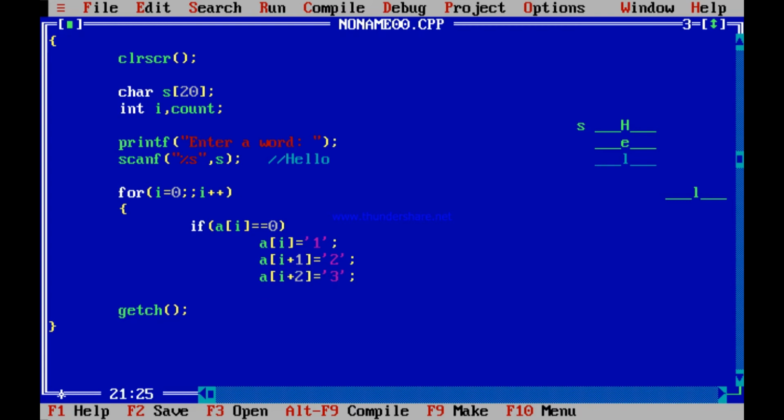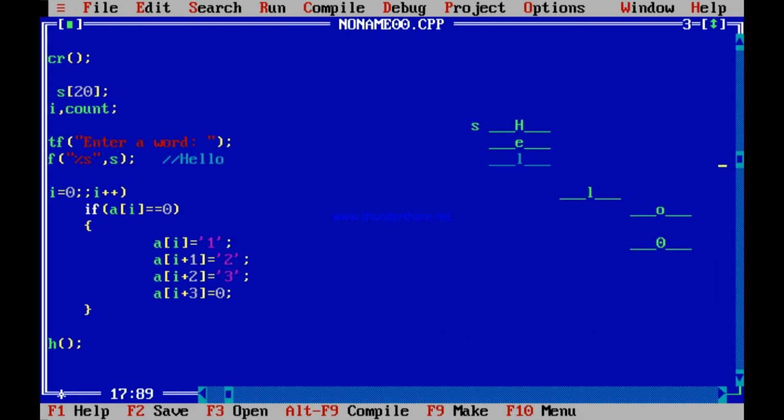You get it? So over here what I am doing is something like this, that if s[i] is equal to 0, I am changing the characters to 1 2 3. And one last thing you need to do, s[i+3] is equal to 0, and then the for loop ends. This for loop may not contain any bracket. You may avoid it because there is only one if block within this. Now see, if I run this program, what will happen?